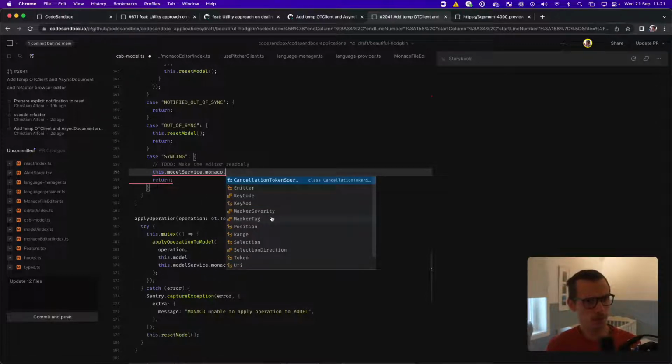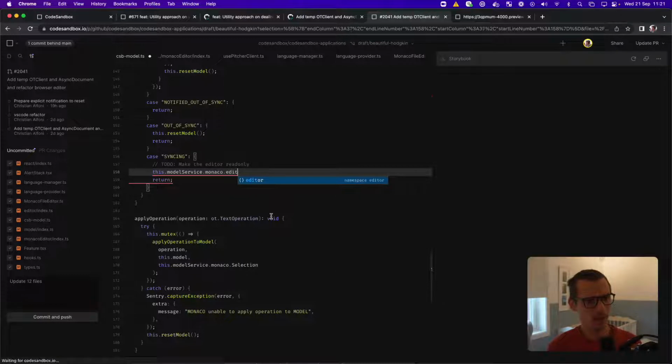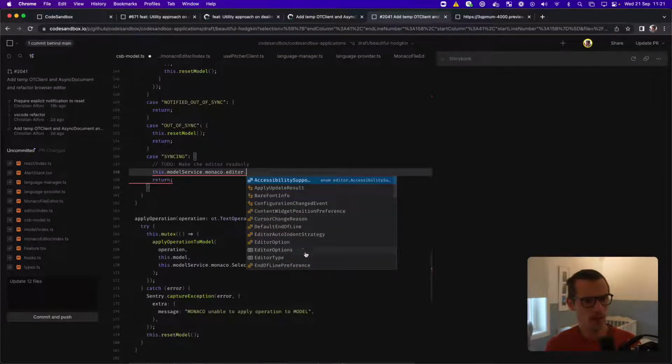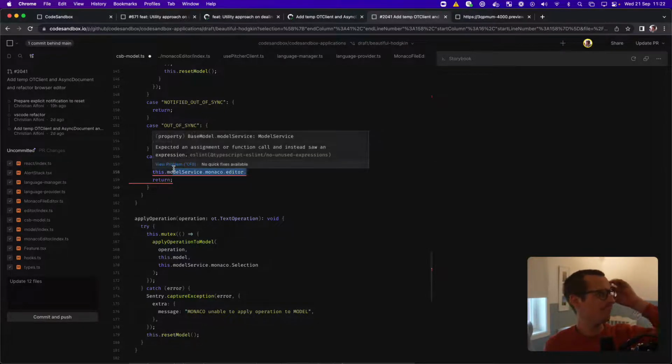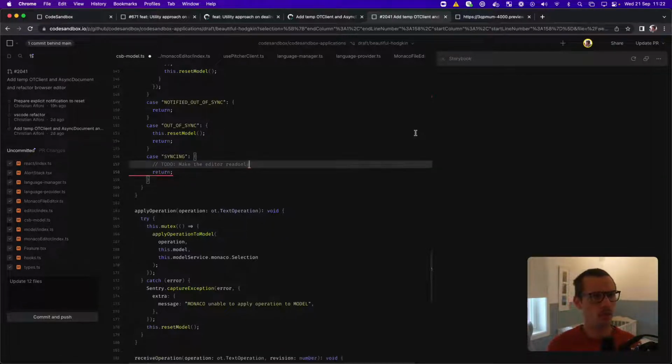Monaco editor. Yeah, I think we can get, I think we're able to kind of get the editor from here or something. Is choosing